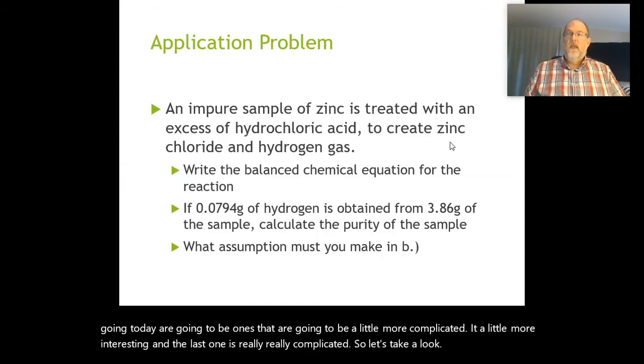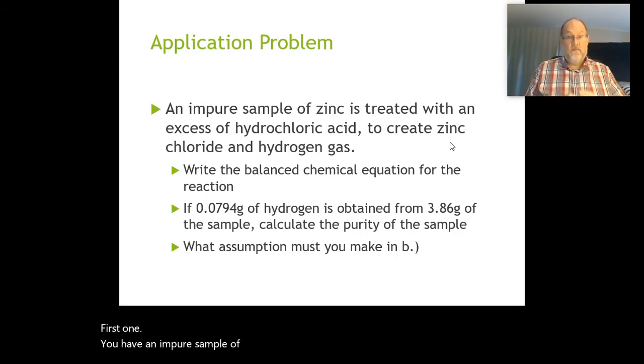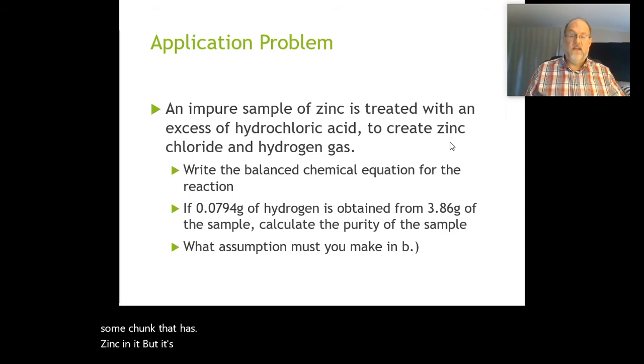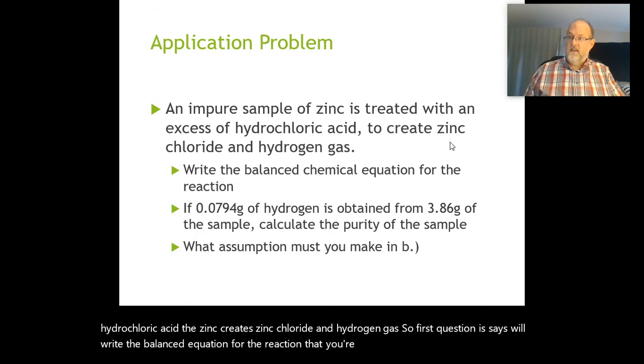First one, you have an impure sample of zinc, which means you have a sample of some rock, some chunk that has zinc in it, but it's not only zinc. Some of it is something else. Okay. When you react it with hydrochloric acid, the zinc creates zinc chloride and hydrogen gas. So first question says, write the balanced equation for the reaction that you're seeing take place. And second, if you obtain